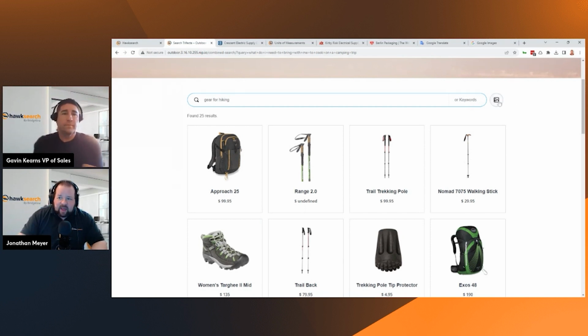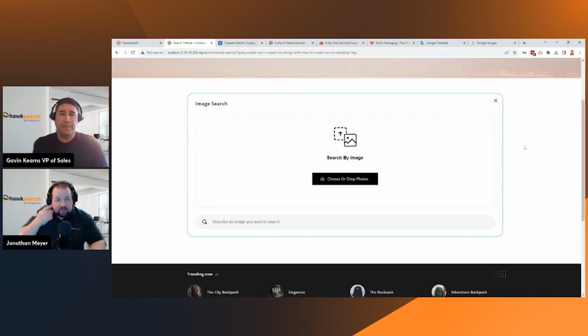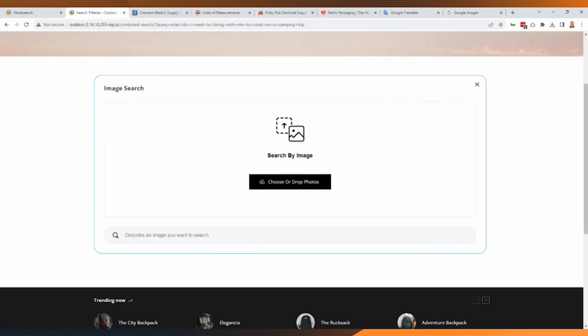But let's move into the last part here, the image-based search, because this is really one of the other very cool things that we're able to do now with this kind of AI-based approach to searching. And this has two aspects to it. One is, of course, your classic search by image. Now, obviously, this would work through a mobile device. If I'm on this site on my mobile device, I can open up my camera application, take a photo, and upload that through this as well.